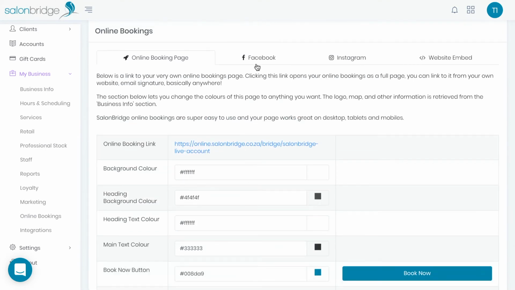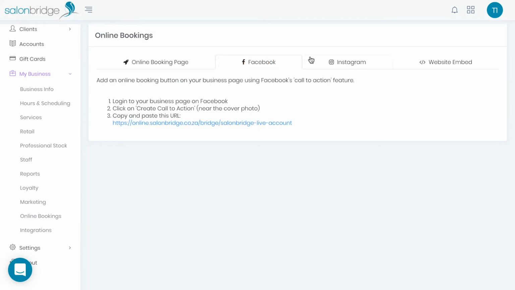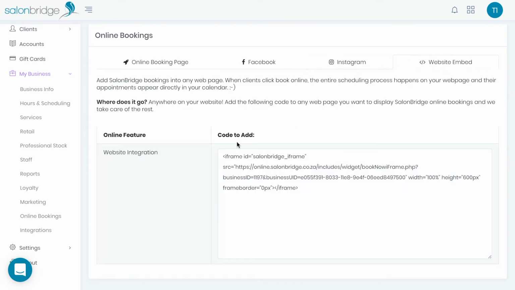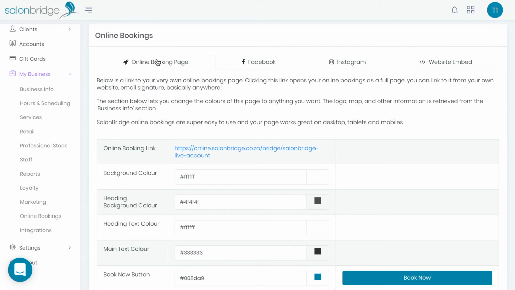We also give you instructions on how to add it to your Facebook business page, your Instagram account, or embed it into your website if you have one. If you don't have a website, you can use this link and your customers can book at any time 24/7. When a customer makes an online booking, you get sent a notification that their booking's been made. The customer receives a free SMS letting them know that their booking has been made,